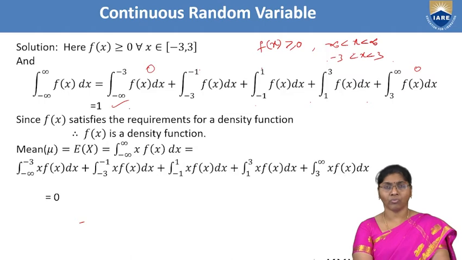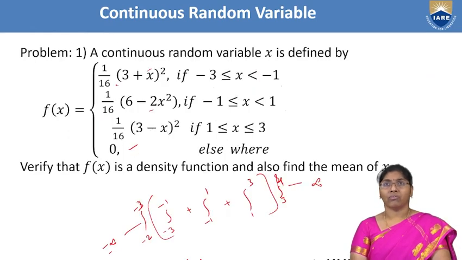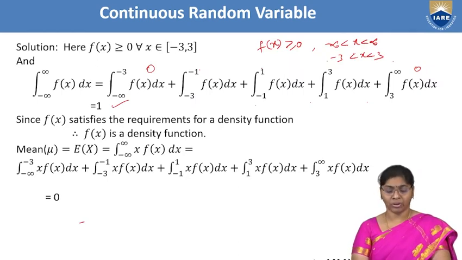If it is not equal to 1, the density function is not satisfied. Next, first of all they are asking for the density function and then asking for the mean also. The mean formula is the integral from minus infinity to infinity of x times f of x dx. In the same arrangement here also we are arranging